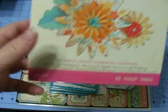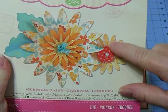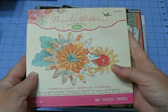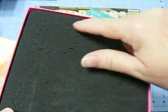Also, she had this beautiful Brenda Walton Gerber Daisy die, and it cuts out this little round flower here, of course these, but then 1, 2, 3, and that's the 4th cut. And then you get the leaf, and I think the boxes are like a work of art in themselves. So pretty. So I'm trying to tilt that maybe so you could see there's 1, 2, 3, 4, and then